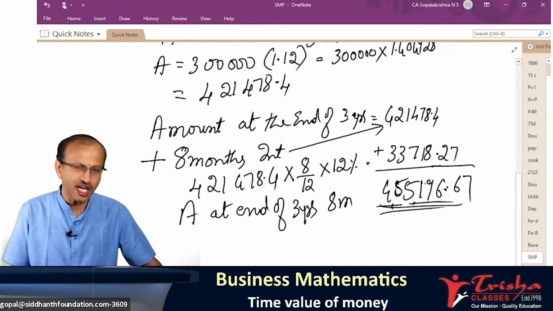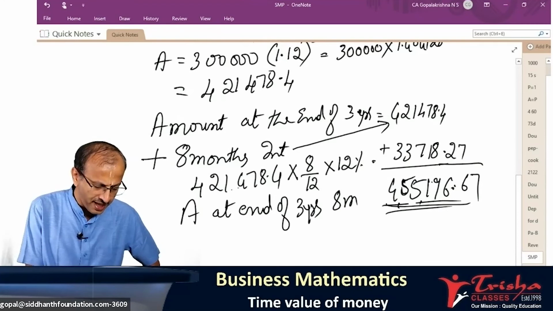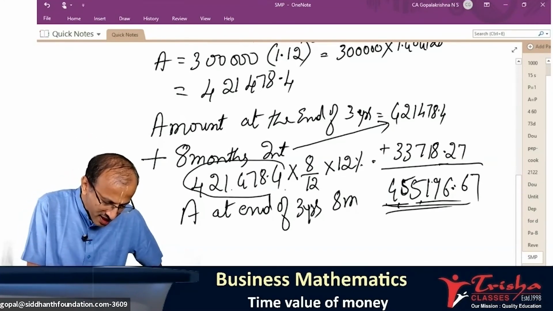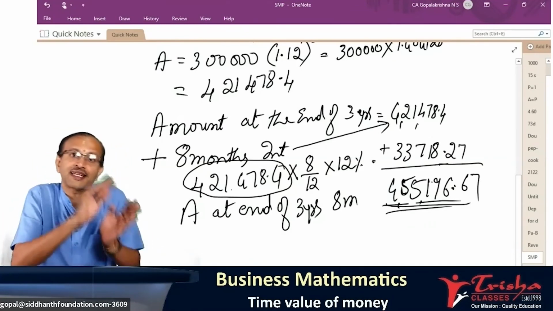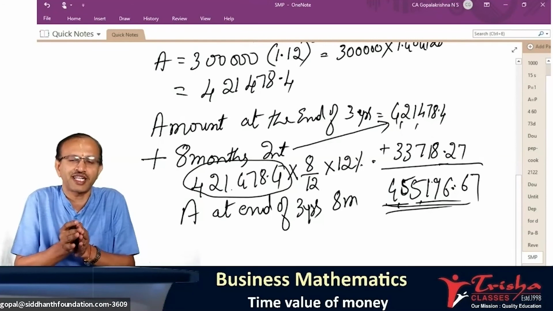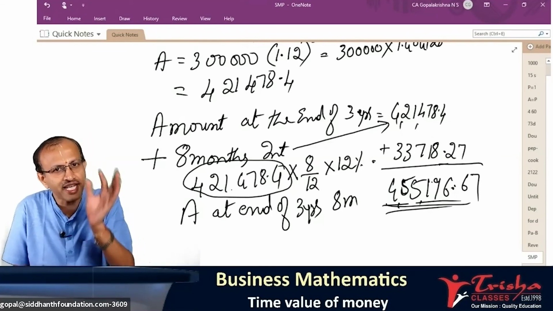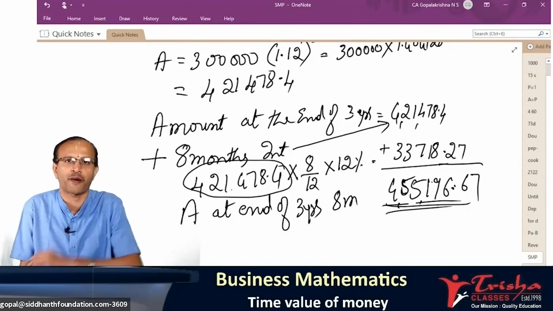See, Mr. Aditya, please note, he says, sir, isn't it PNI? Obviously, it's like PNI. But is it P, my dear? Is it the original sum I have taken? No, I have taken on the increased value. That's why it is compound interest. As long as I take on the increased value, absolutely okay. If I take on the original sum, then it's a problem.